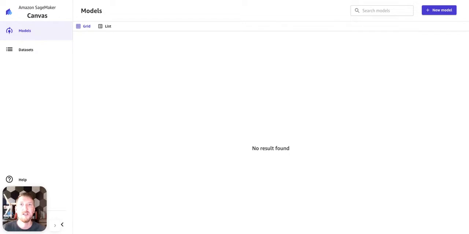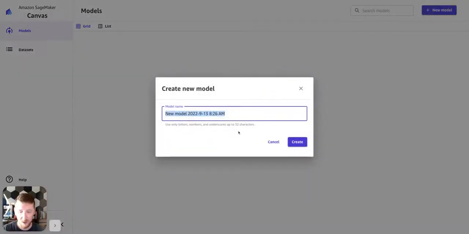One is predicting the amount of load on the energy system using data from ERCOT on an hourly basis, and the other is predicting the price of commodities for crude oil and natural gas. So let's get started. I'm in Amazon SageMaker Canvas, and I can go to create a new model. I'll call this one